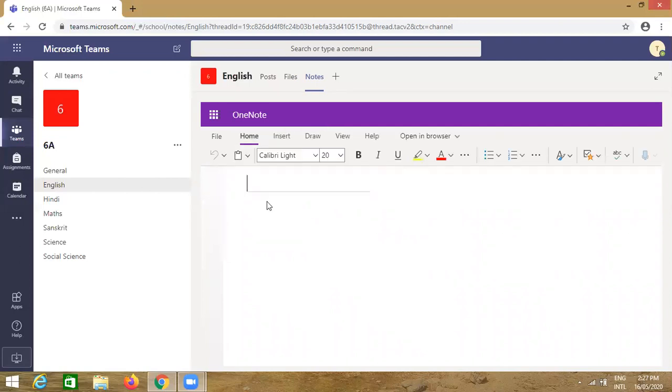So how you will give the notes? Yeah. This is the panel where you will be writing the notes. So first, this is the title, A Tale of Two Birds. After the heading, click below that, just write the notes.